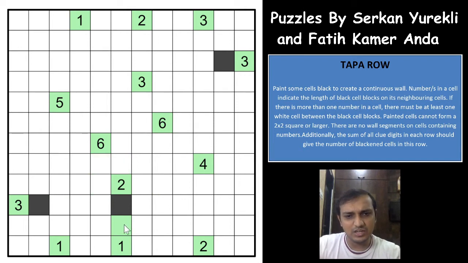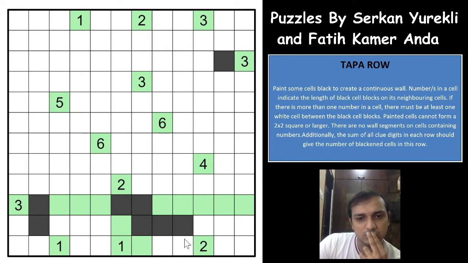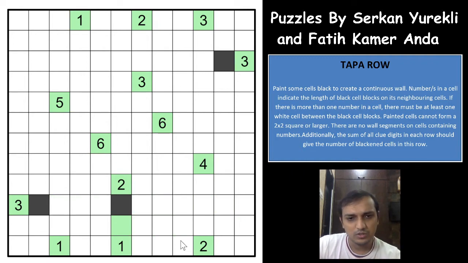So if this is shaded, one of the two cells will have to be shaded, and again you have all the cells unshaded because you already have 3 cells shaded in this row. You have the 3 clue here, that means only 3 cells will be shaded in that whole row, and which means that even if this is shaded, you won't be able to, okay, I think it is possible. It is possible, I'm sorry, my bad. So this is a possible one.